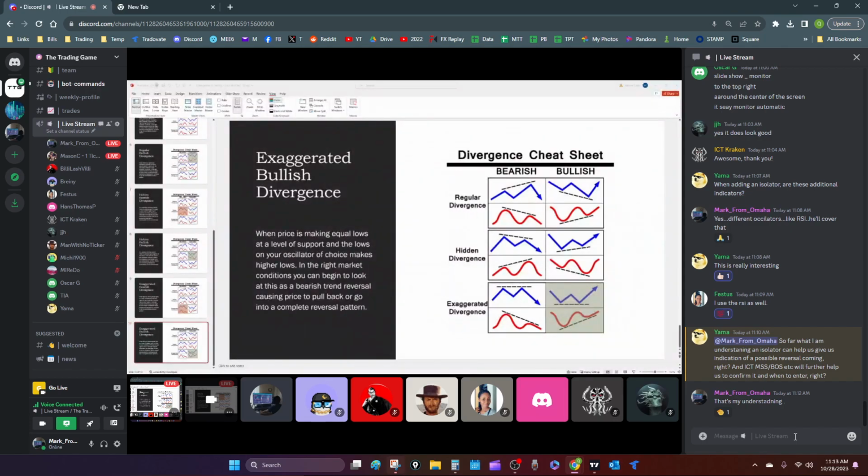Yeah, absolutely. And I want to stress that when you see divergences in perfect market conditions, when you see the divergence after the fact, you'll see, oh, look, I could have entered deeper. Don't do that. Do not trade divergences